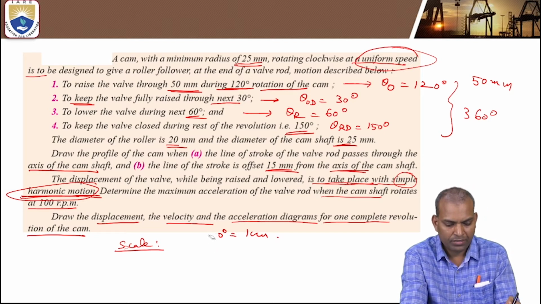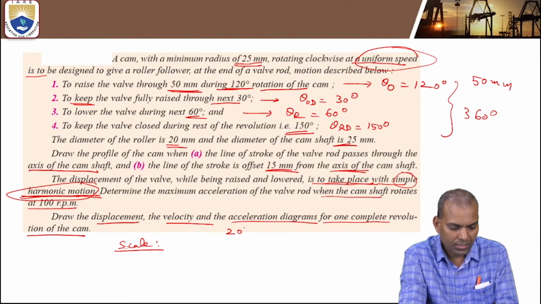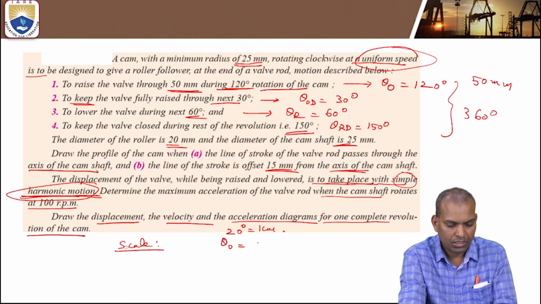So then what will happen? Yes, it becomes easy to convert into 6 equal divisions. So 20 degrees equal to 1 centimeter. Then what will happen? For the theta outward stroke, that is 120 degrees, on the x-axis it becomes 6 centimeters. The outward stroke dwell, theta equal to 30 degrees,